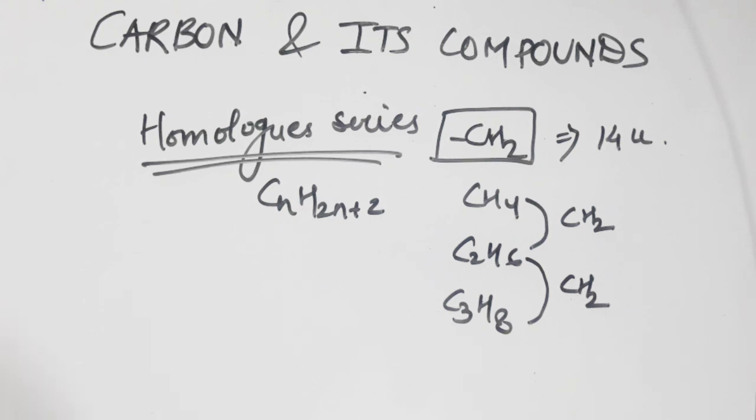If you are from 10th class, you just have to remember that a homologous series is something that would differ by a CH2 group. All the properties, both chemical and physical, will remain the same and will gradually change when you increase the number of carbon atoms. Also, you just have to remember that they will follow the same general formula.